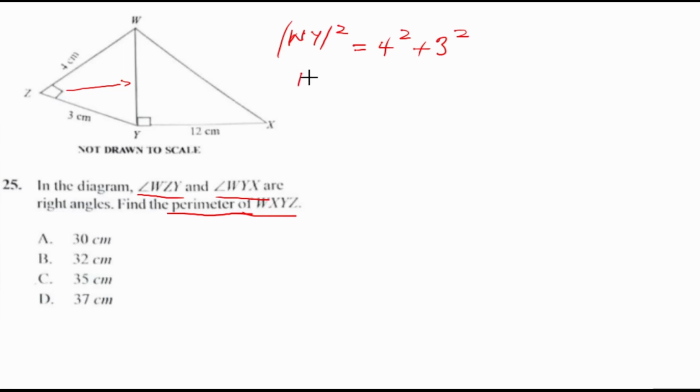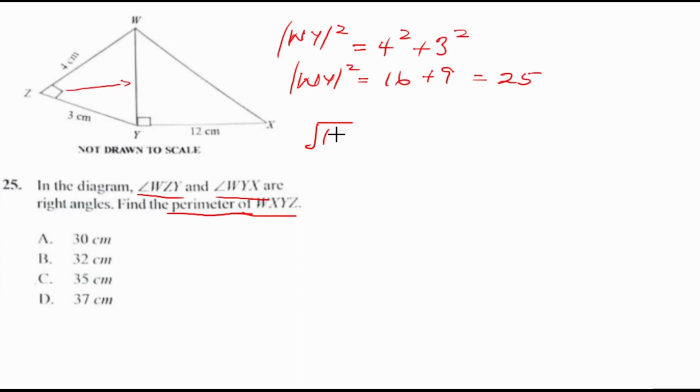So WY squared will be equal to 16 plus 9, which will be equal to 25. All right. So we want the length WY and not WY squared. What do we do? I'm sure you tell me we take the square root. So the square root of